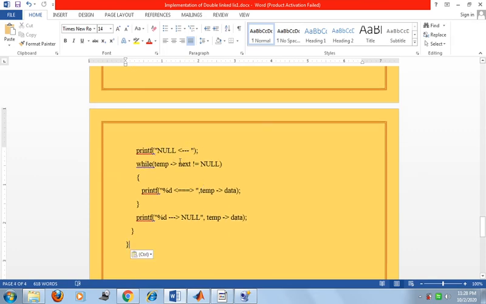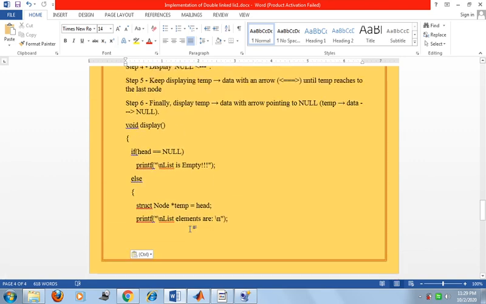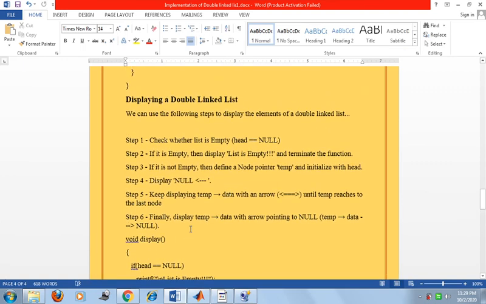I told you that in the while loop, temp of next not equal to null, it will print the value of temp of data, and finally the last node will point to null, and it will display the double linked list in that fashion.